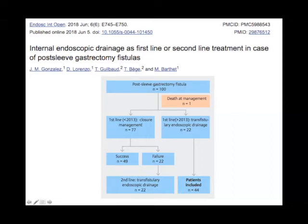So prior to 2013, their initial management for this cohort of patients, for any fistulas, was something different. Mostly it was stent placement or clips. So they did some closure technique, closure management or covering technique, not drainage, and they had success in about 49 out of 77 patients, and